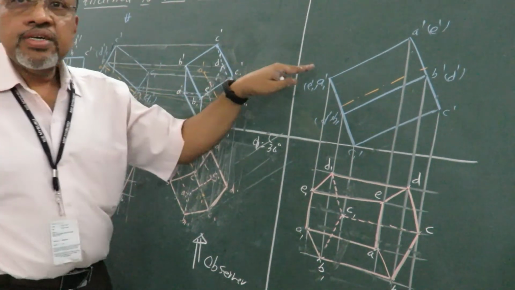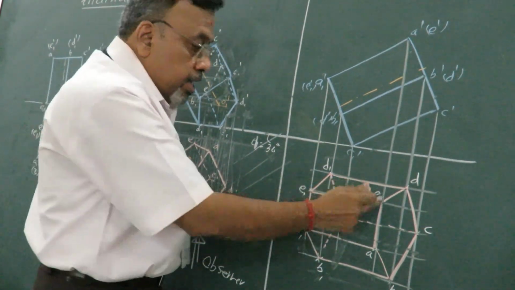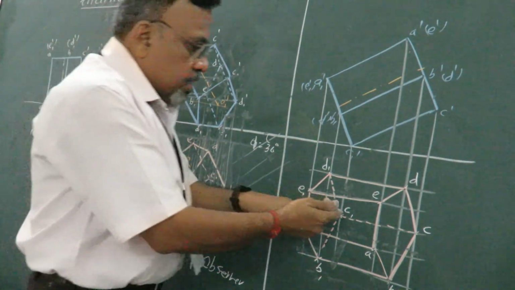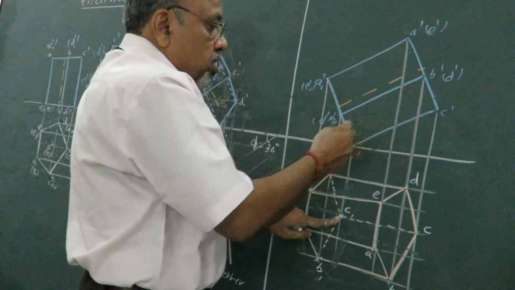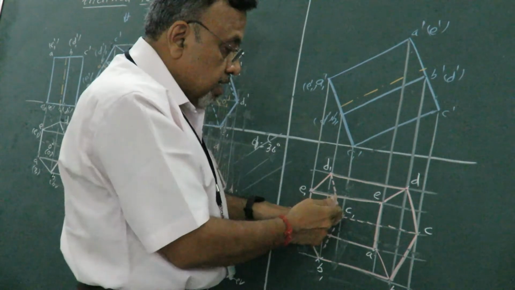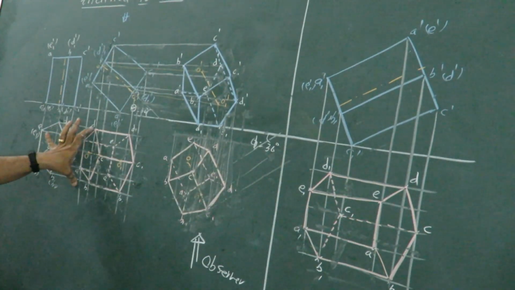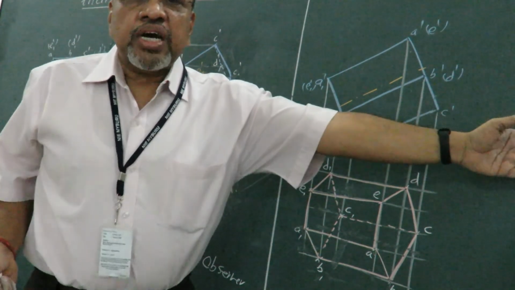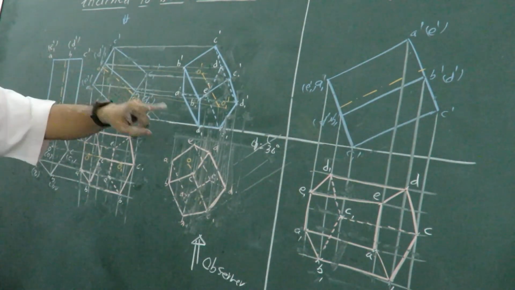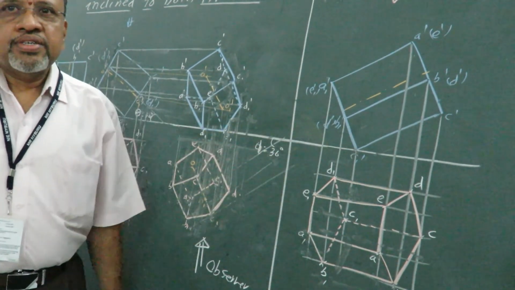But see this figure. In this particular figure, I can see this rectangular face first. That is the reason this is darker. Here that is dotted, whereas this particular longer edge which is passing through this corner is the farthest. That's the reason this is dotted. So now we can see the difference between this figure and this figure. Now the third stage is similar to whatever condition we have given. Is it okay? But this corresponds to the second stage when I have the corner resting on HP.